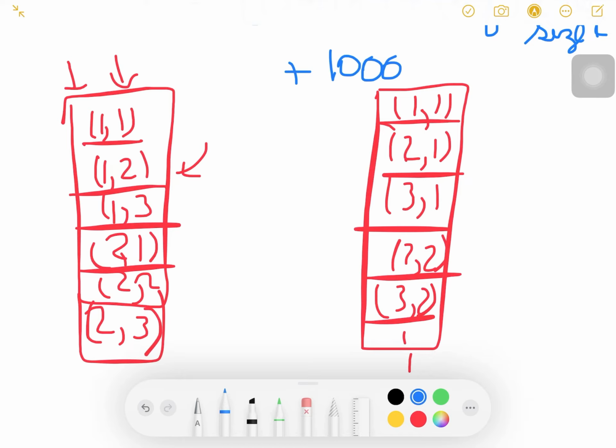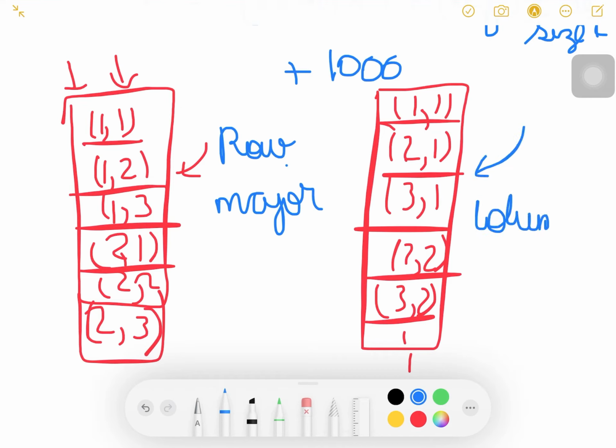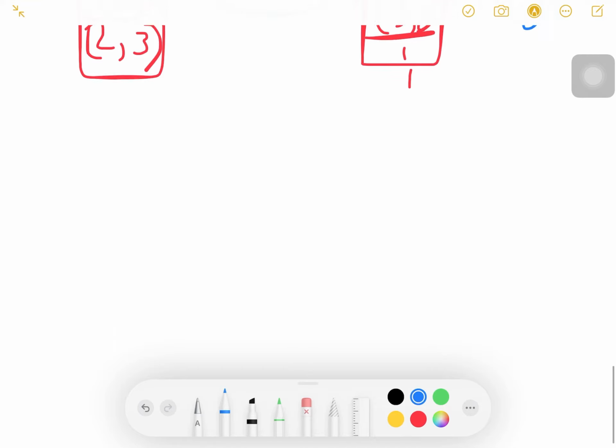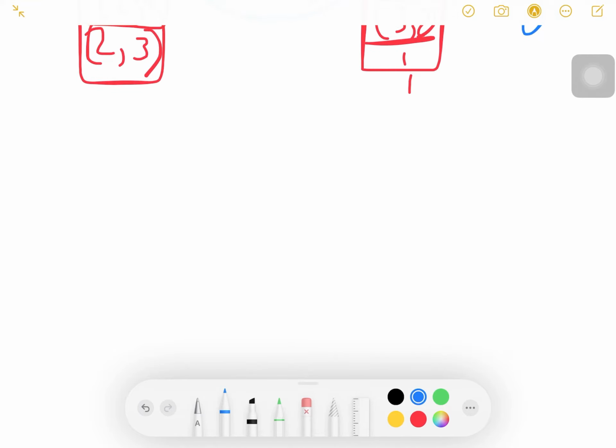So this is called row major, whereas this is called column major. The formula that we considered used the assumption that the memory layout was based on the row major concept. So now I'm going to discuss the time for some common operations in an array.